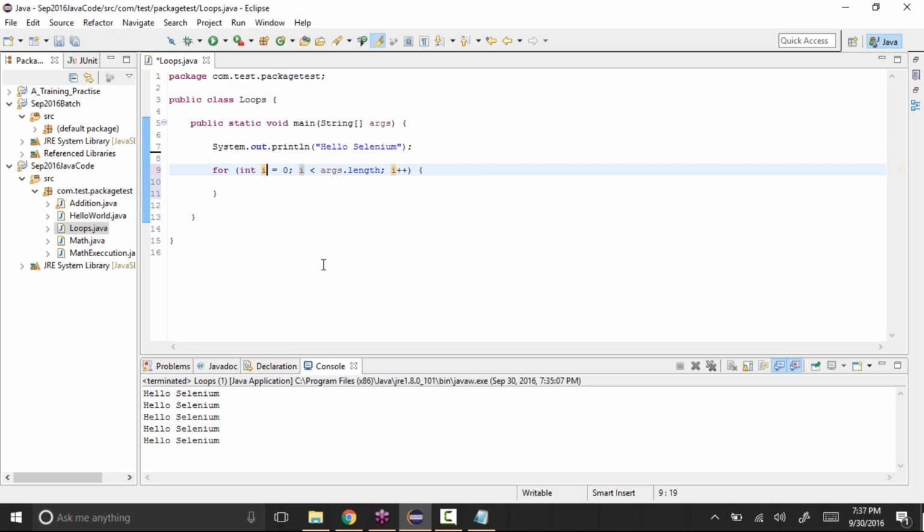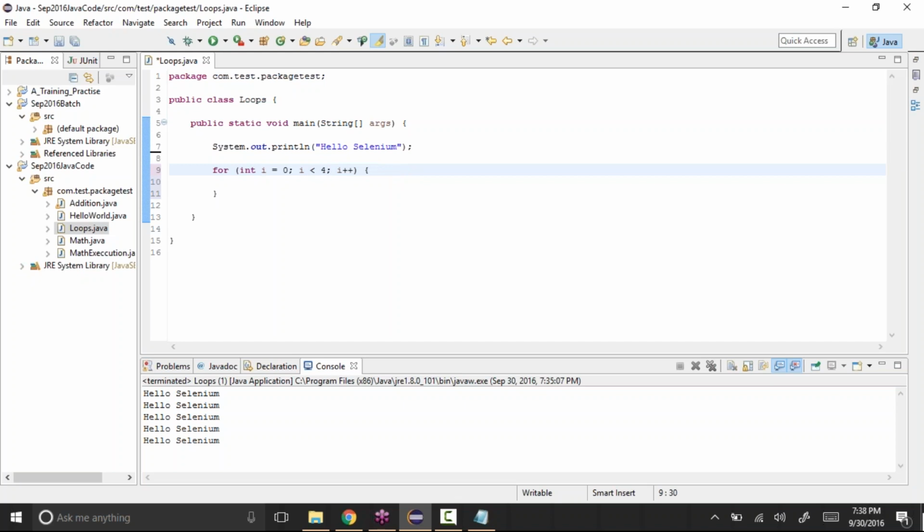So I want to start the variable i from 0, and i less than, let's say I want to execute 5 times. As we are starting from 0, then it should be 4: 0, 1, 2, 3, 4.